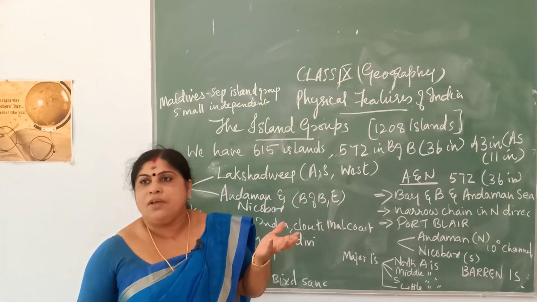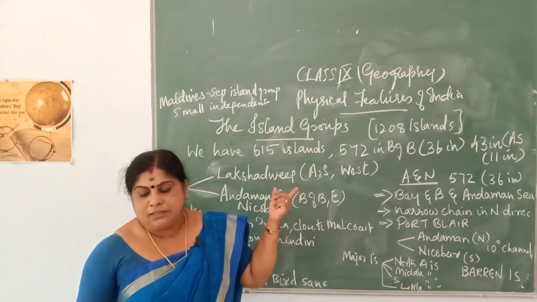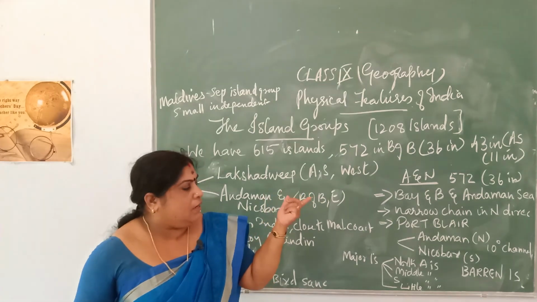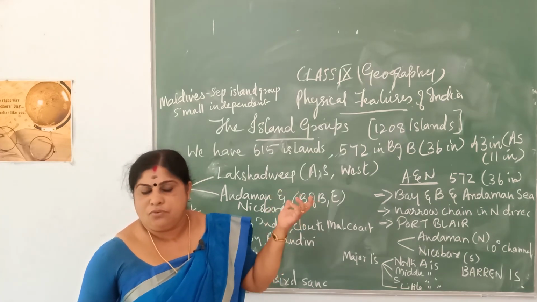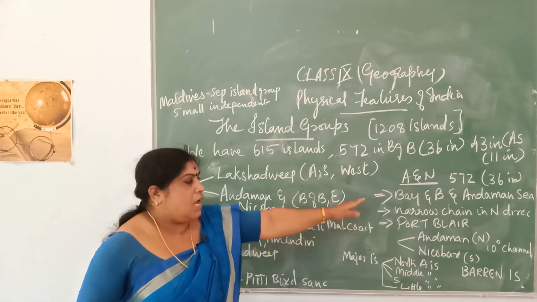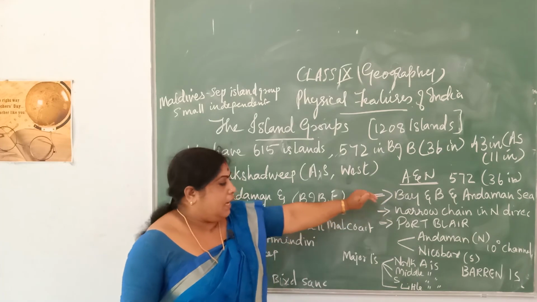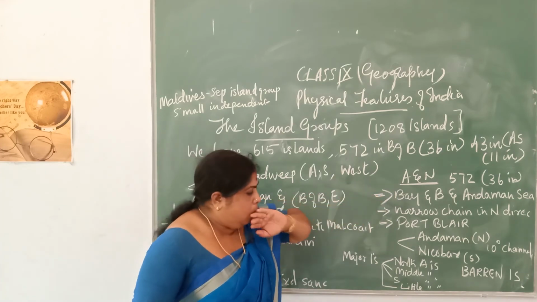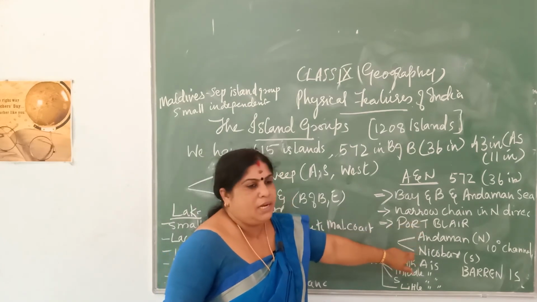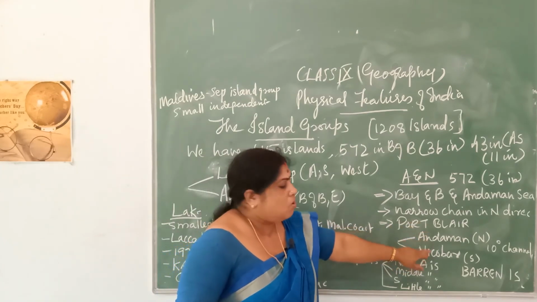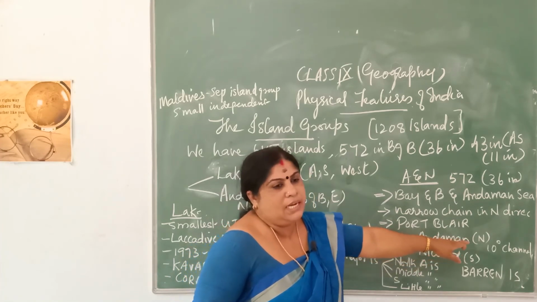which is the southward extension of a mountain range called the Arakan Yoma, found in Myanmar. This Arakan Yoma is an extension of the Purvanchal range, which you have already learned about when you studied the Himalayas. So the Andaman and Nicobar Islands are believed to be an extension of a submarine mountain range. They consist of two island groups, Andaman in the north and Nicobar in the south, separated by the Ten Degree Channel. Ten Degree Channel means it is along the 10-degree latitude.